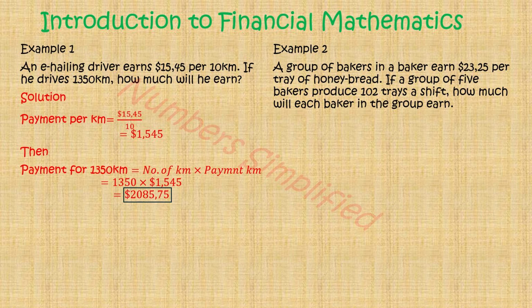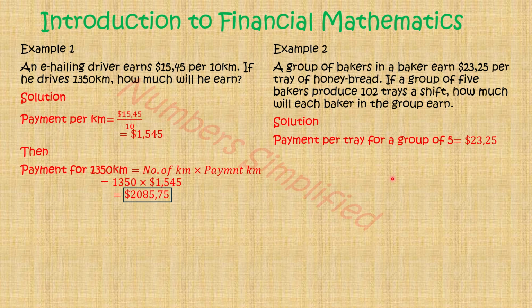Great. We are going to move on to example 2. A group of bakers in a bakery earn $22.25 per tray of honey bread. If a group of 5 bakers produce 102 trays a shift, how much will each baker in the group earn? Great. When it comes to the solution, payment per tray for a group of 5 bakers is given to be